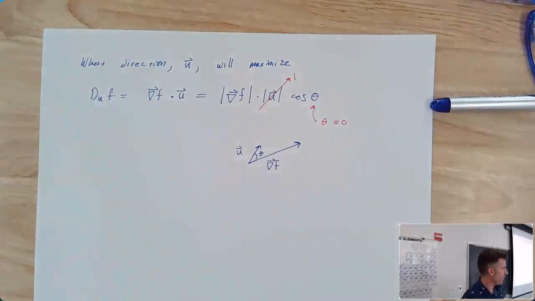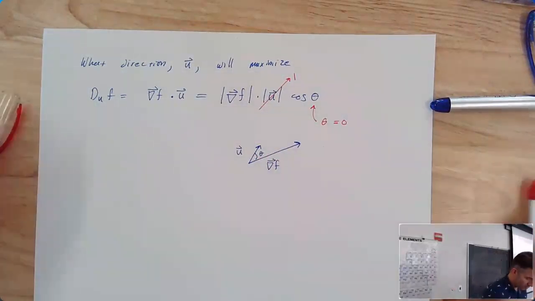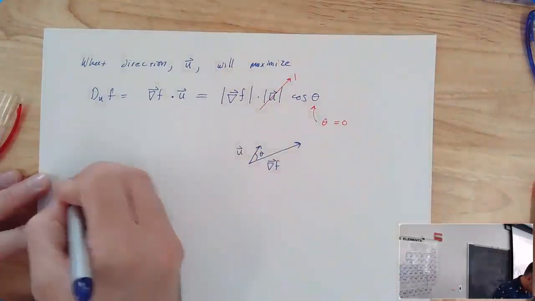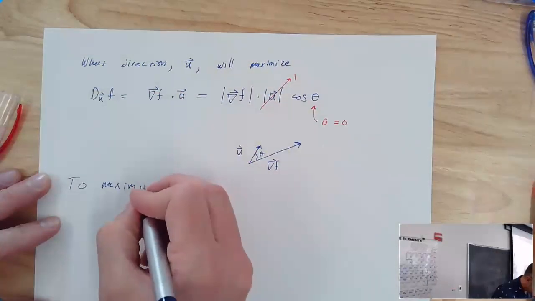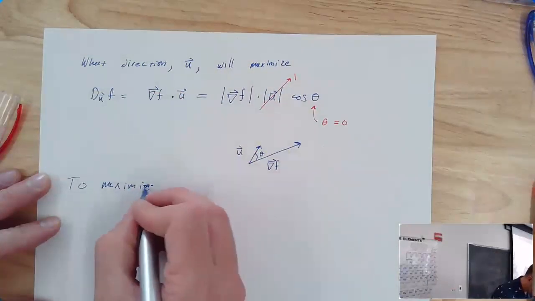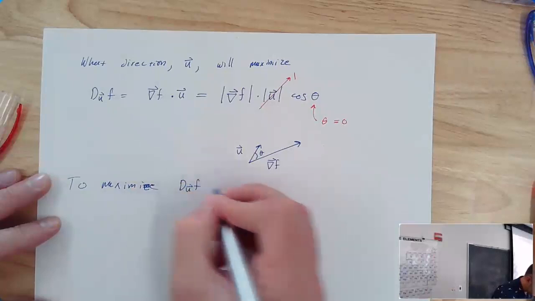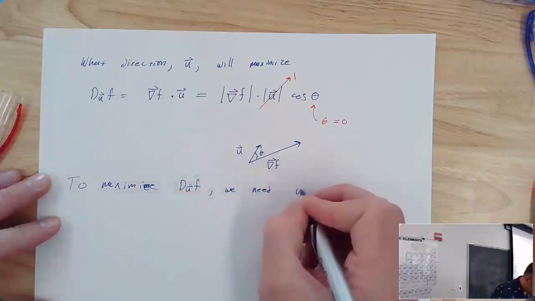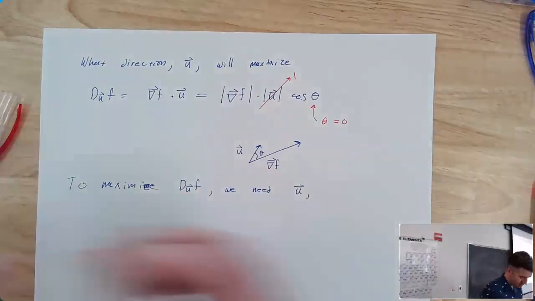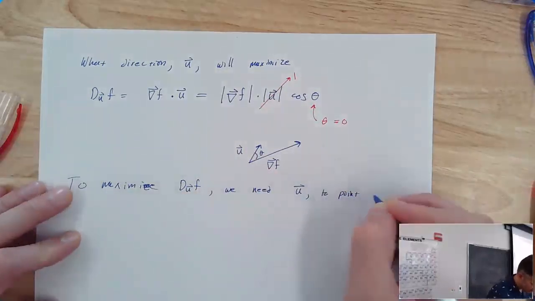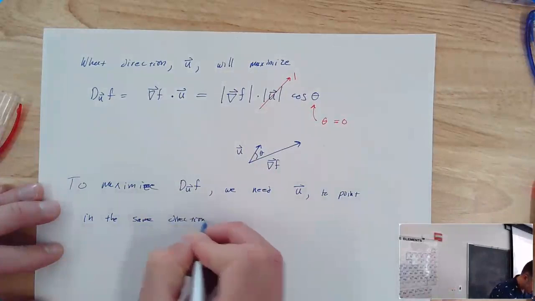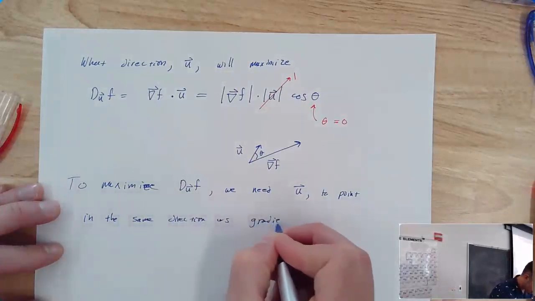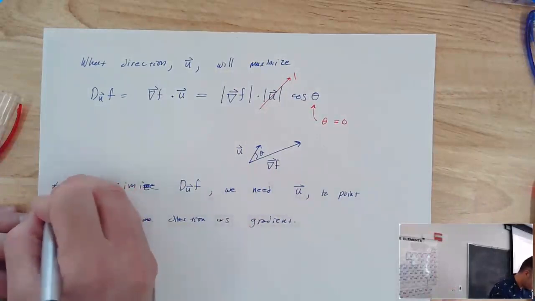What does that mean, really? It means that the vectors are going to be pointing in the same exact direction. So really, the whole answer here is that to maximize the directional derivative, we need u, the direction that we're pointing in, to point in the same direction as the gradient. Or in other words,